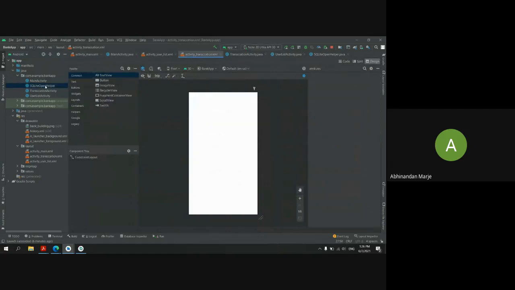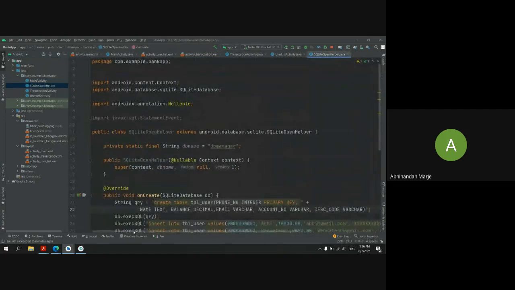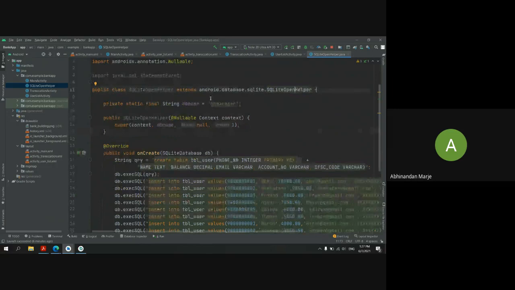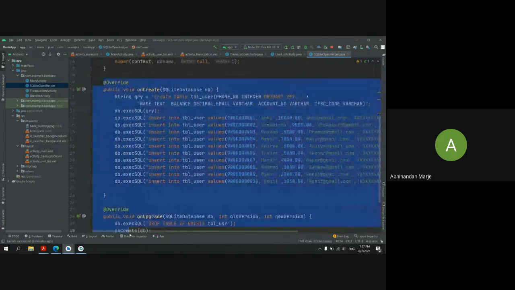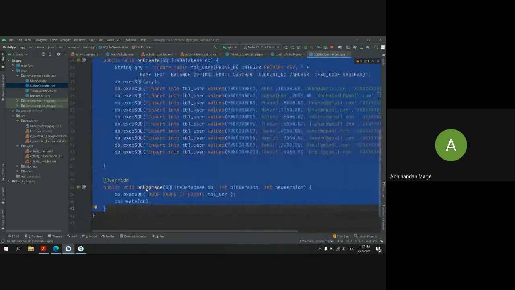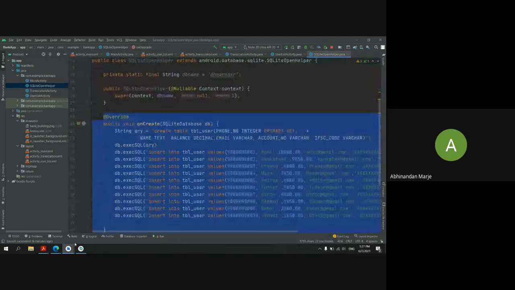Then I want you to make one database, the SQLite local database. I want you to make one class with any name you want, and extend it to the Android Studio SQLiteOpenHelper. Once you extend it, you will get the option to implement the methods, and when you hit the bell icon and implement them, you will first be given these two methods, onUpgrade and onCreate. Just give me 1 minute.